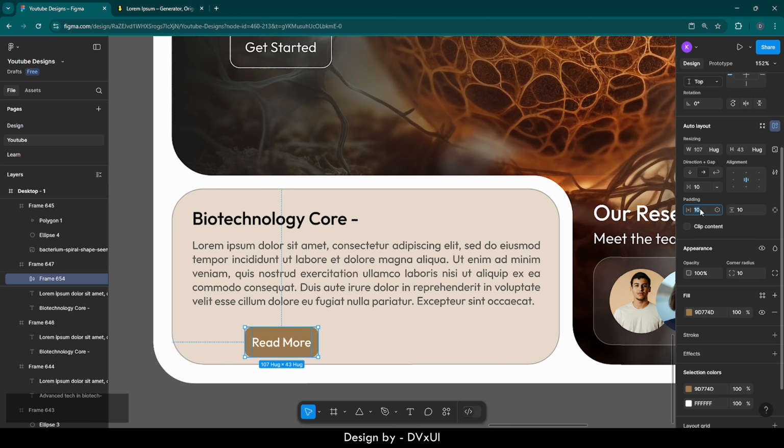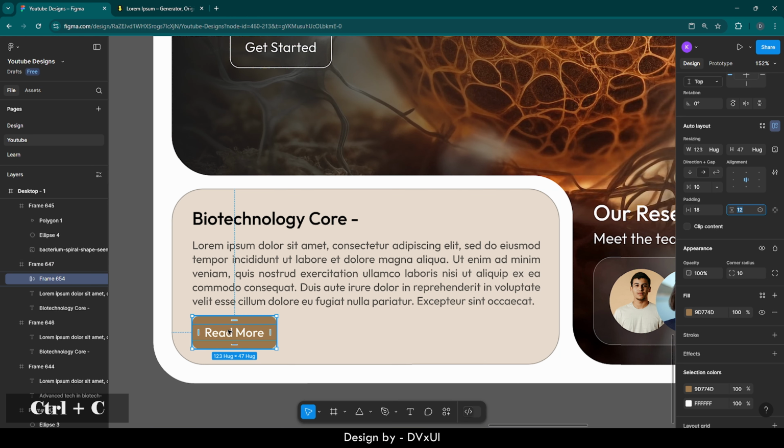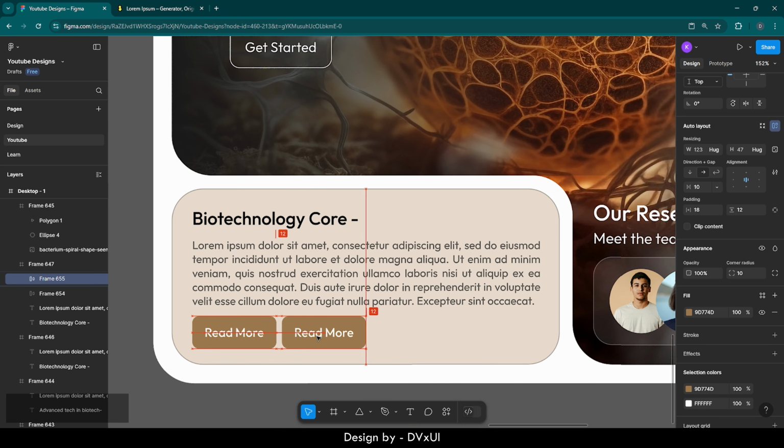The padding is 10 by 10. Let's change it to 18 by 14. Place it over here. I think the padding is quite large, so reduce it. So yeah, this is great. Now copy paste. Well, where is my copy? So let's go back. Copy paste again. Place it over here, something like this. And write